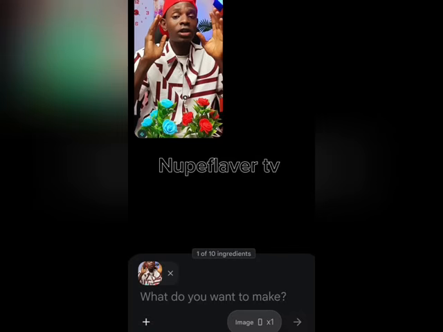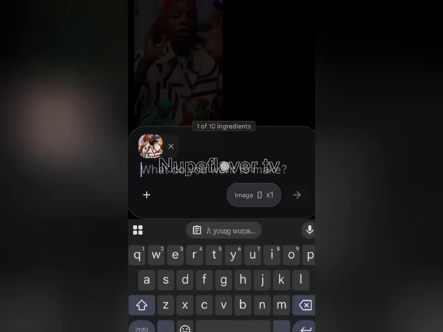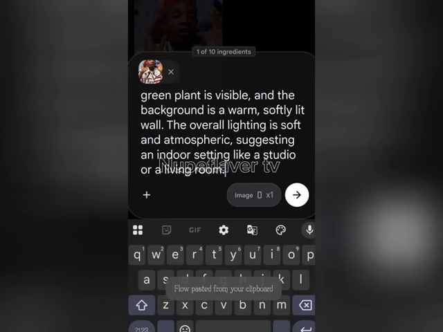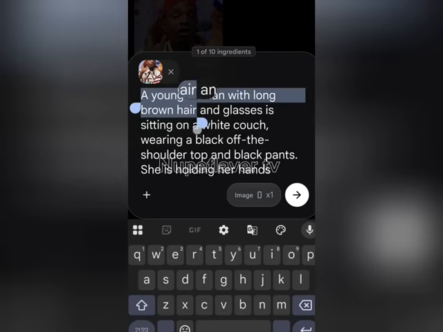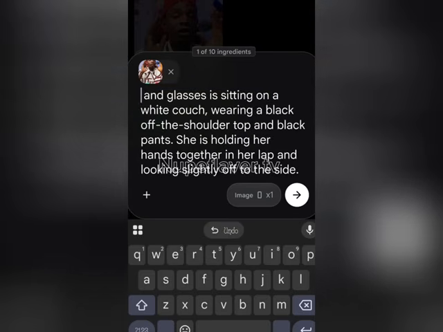Now after uploading the image, the next thing I'm going to do is paste the prompt I just copied. Just paste the prompt. I'm going to edit this prompt because it says a young woman with long brown hair, and I'm a man. So I'm going to remove this like this, and I'm going to write something like